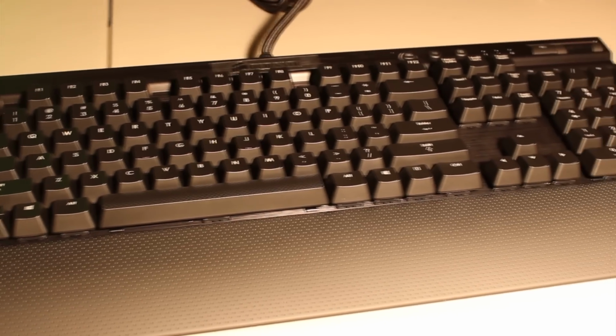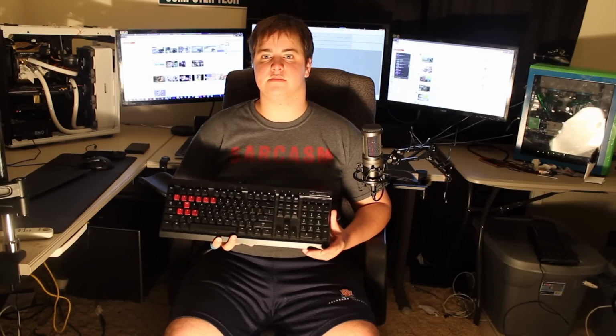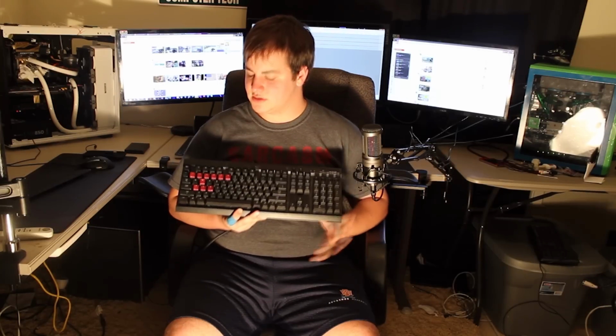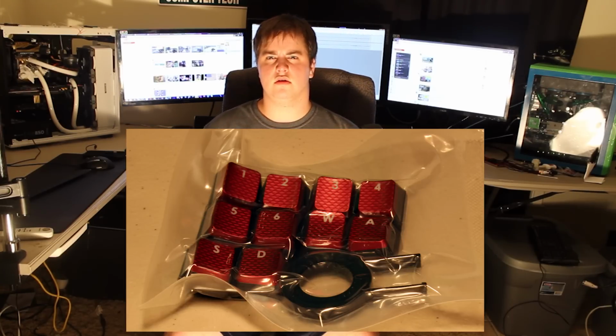I have 2 of these, in fact. This is the one with reds, and the one behind me that you cannot see is the one with browns. Now, why do I have 2? Well, I have 2 systems, and mechanical keyboards have kind of spoiled me, and I really don't want to type on anything else. So as you can see, there's some random keys over here that look a lot different than